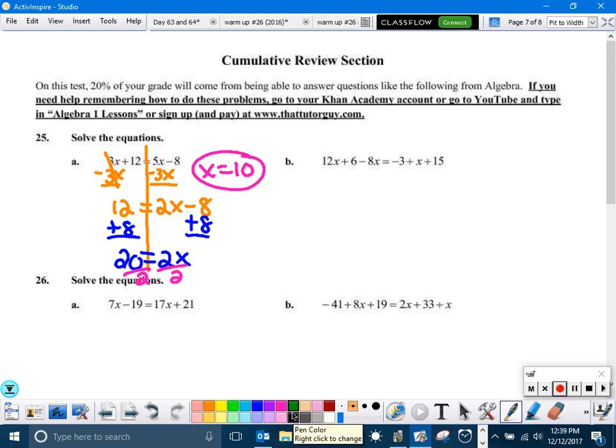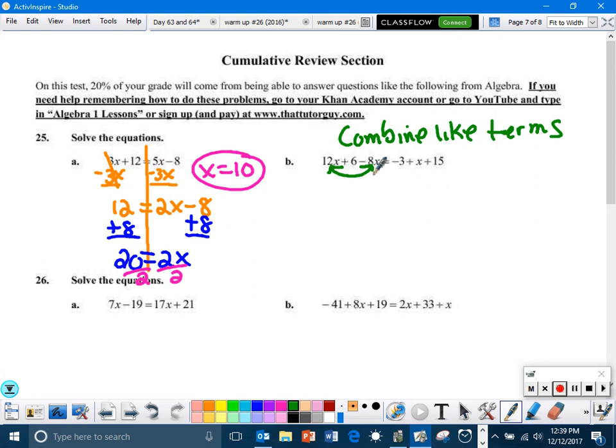Okay, now on letter B, first you need to combine these two. They have to be on the same side of the equal sign. Same side, don't cross yet. We're just combining like terms on each side. So these two get combined, and this is what we have. And then on this side, these two get combined, so we have